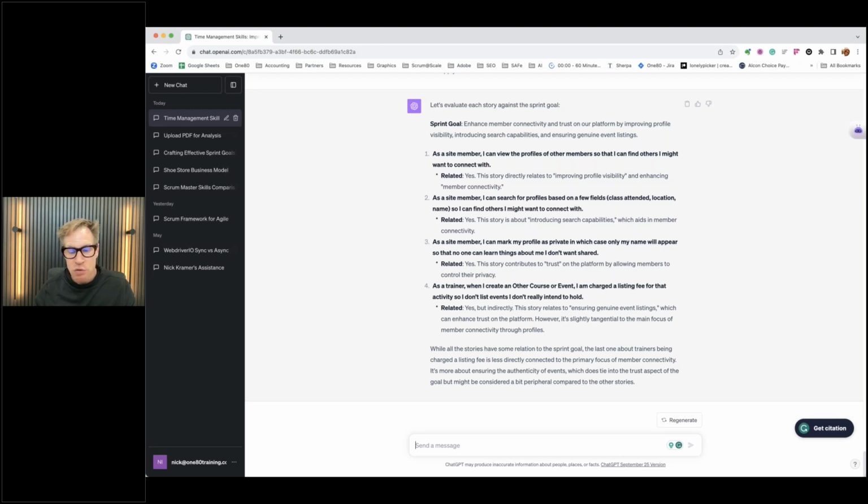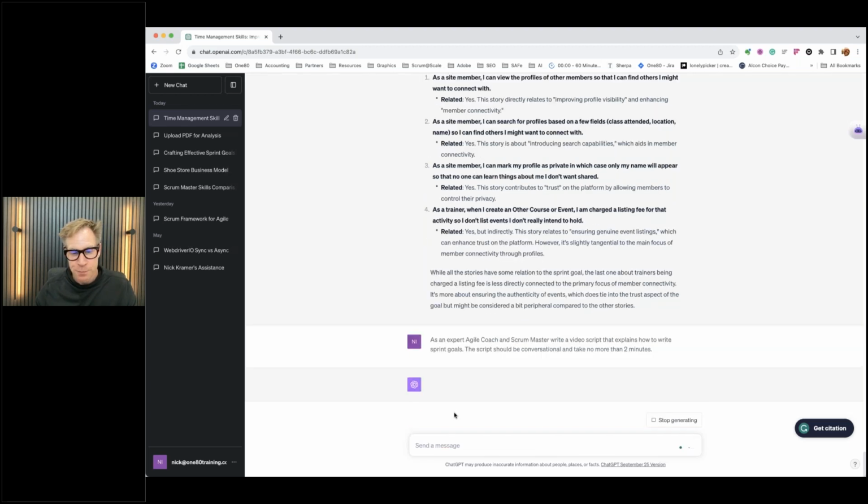Another great way that I use ChatGPT, as a Scrum Master or product owner, is this. Sometimes my team won't understand a concept just yet, right? And I need to be able to explain it to them. Maybe we're going to talk in a retro on how to improve our writing sprint goals. So maybe I say here that I'm an expert Agile coach and Scrum Master, and I need to write a video script that explains how to write sprint goals. This should be conversational and take no more than 2 minutes. Maybe I don't know how to explain it to somebody, and I want to be able to explain it real quick as a kind of a kicking off of the meeting.